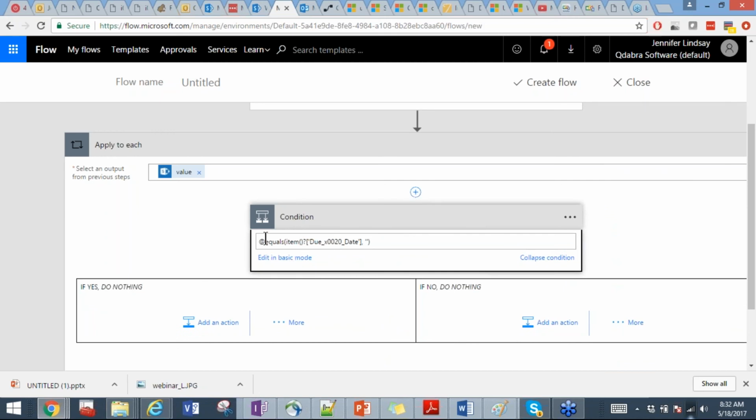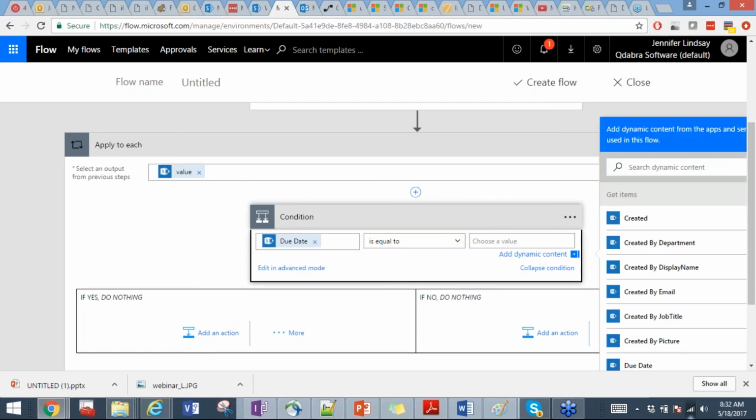And when you click advanced mode, you will see this long, incomprehensible string. Don't worry. I'm going to build the string for you in Notepad. If you don't understand it, that's okay. You can still do a lot with basic mode and conditions. So I'm going to ignore most of this because I already know the syntax from my use of Flow. What I want is the raw name of the field, that due date field.